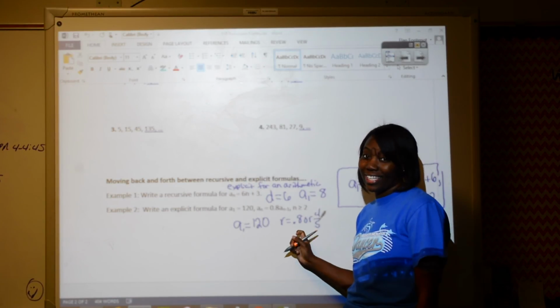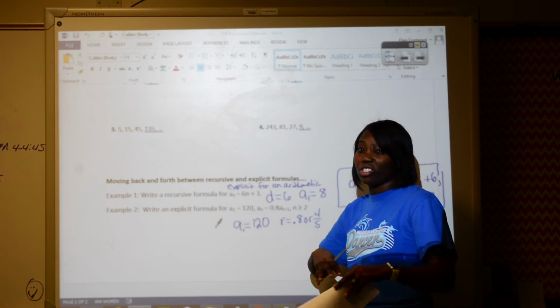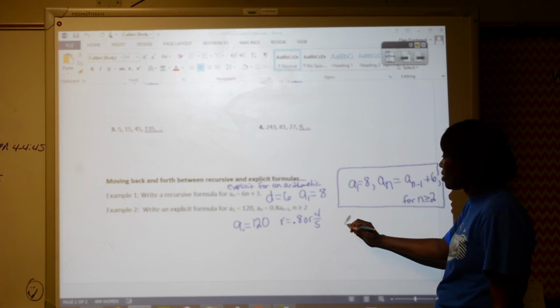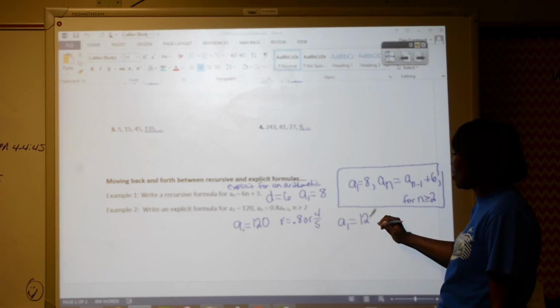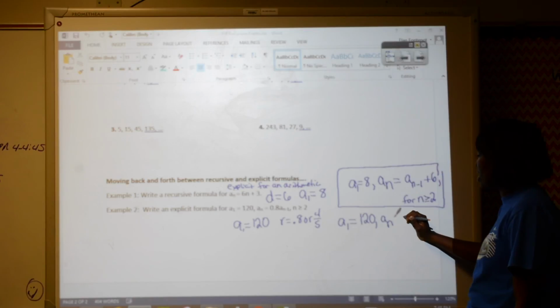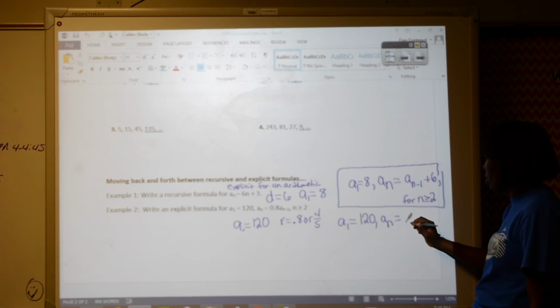And this is what we did yesterday. So we're going to write the explicit, or just the geometric sequence. With the geometric sequence, we identify that a sub 1 equals 120. And when we write our equation, we have a sub n. And remember the formula was the r, which is 0.8, times,